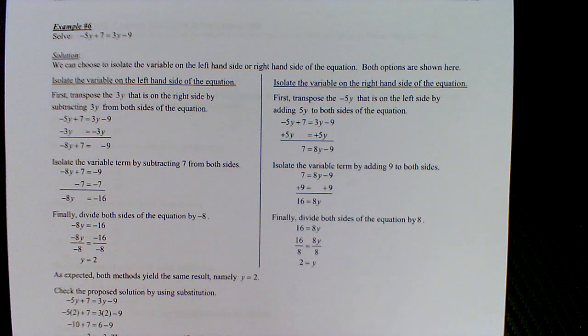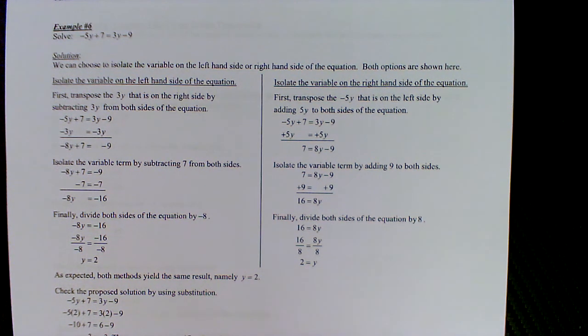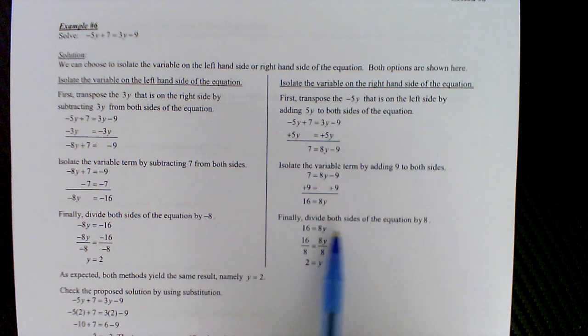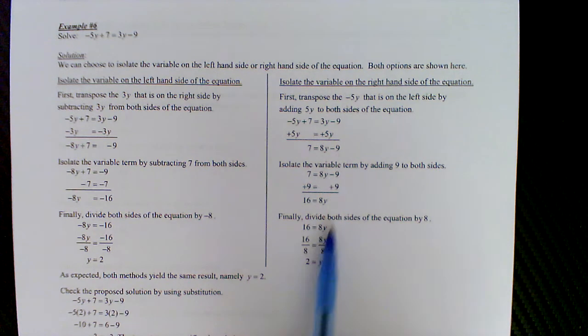Basically, people choose to bring the variable to the side where the coefficient is greater, so you can avoid negative signs. As in the example, bringing the variable to the right-hand side avoided negative signs in front of the coefficient,